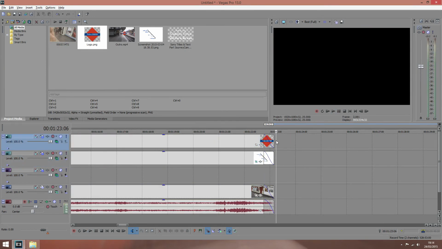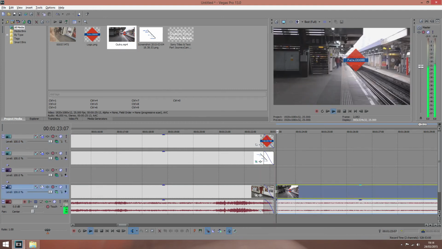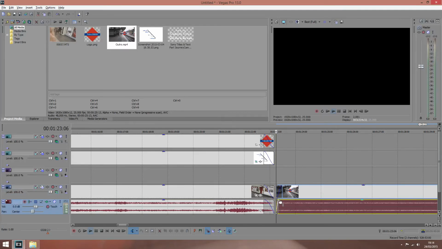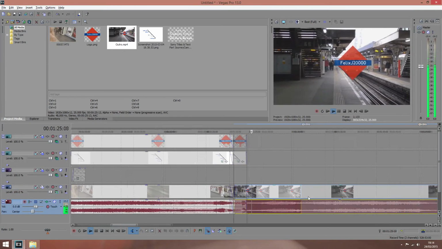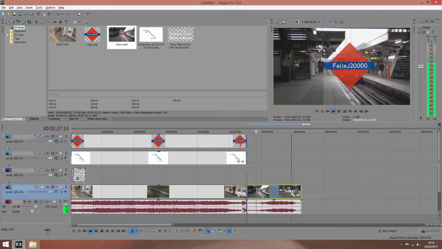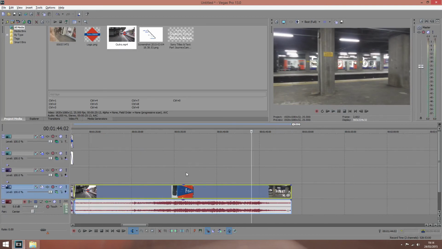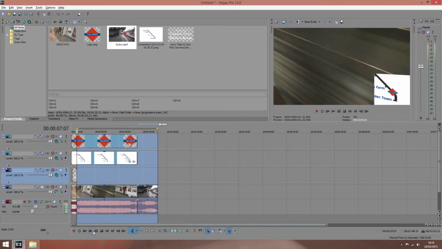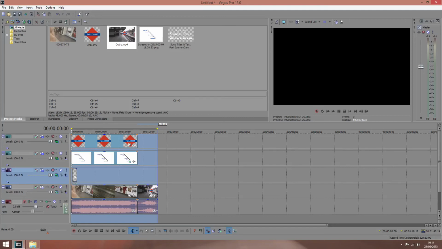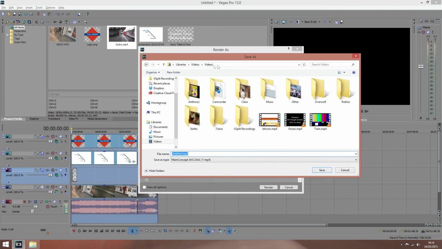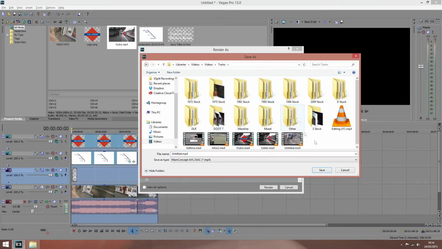fade them out, and then at the end just run over this. So, finally I select the tool, double click the bottom, select all, file, render as, videos, trains, other